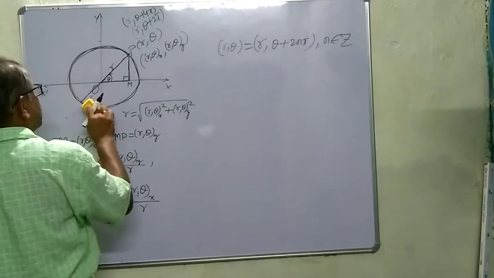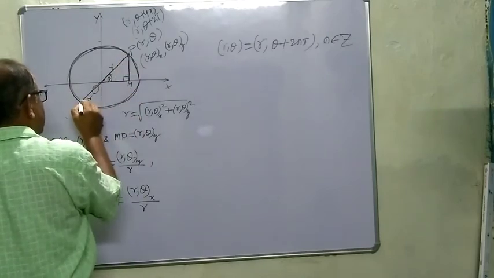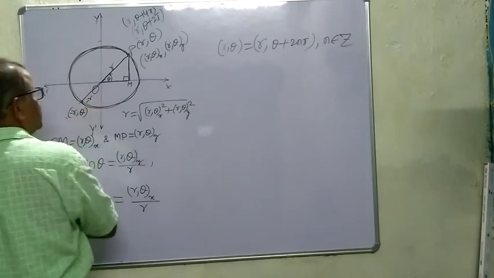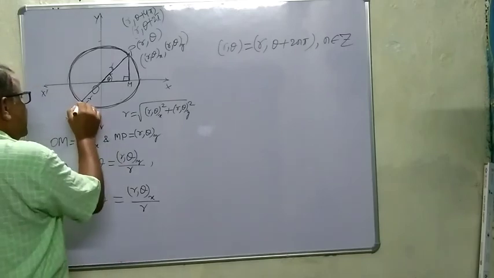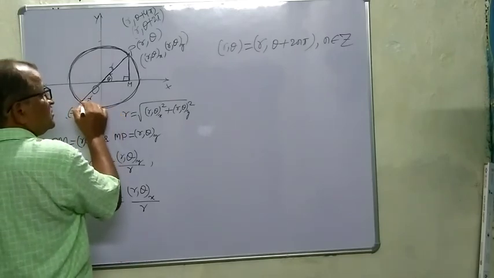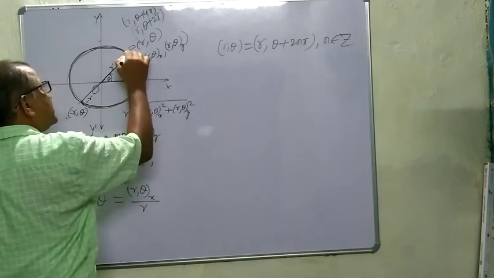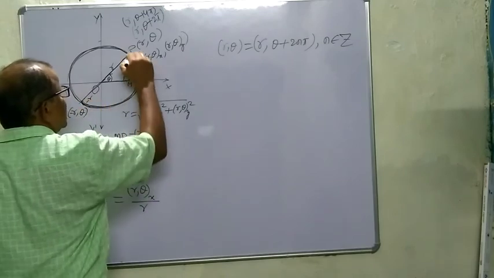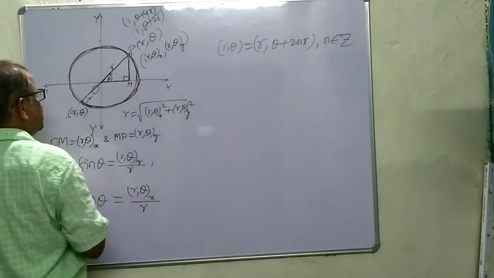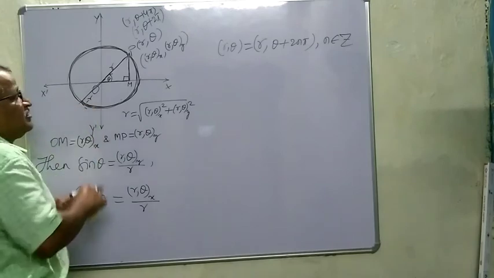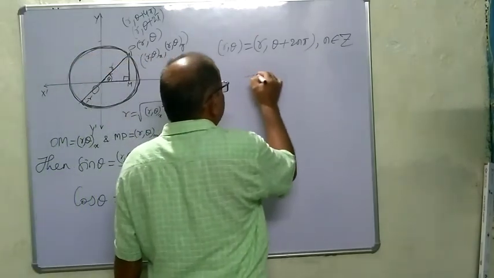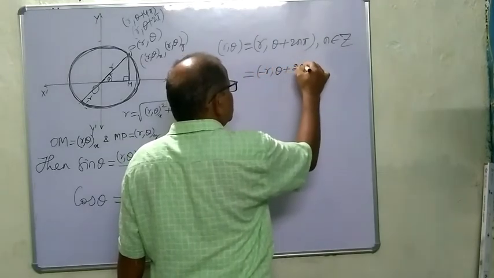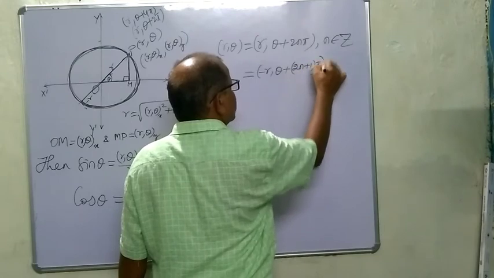Yes, the coordinates of that point will be minus r theta. Suppose theta plus pi will make the point here. So after moving a semicircle, covering a semicircle on the circle, this also can be written as minus r theta plus (2n plus 1) pi, right?